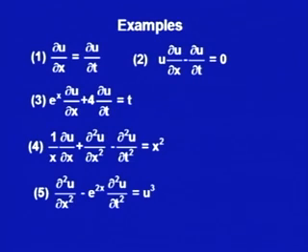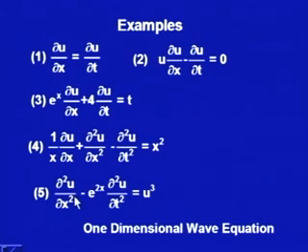So, you see that in all these equations the unknown function is u. In the first equation, u is a function of two variables x and t, and we have a relationship with the partial derivatives with respect to x and with respect to t. Similarly, here also the unknown function is of the two variables x and t. This last equation is also known as the one dimensional wave equation.